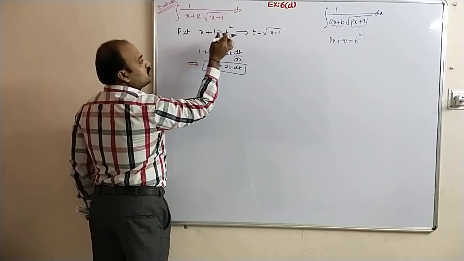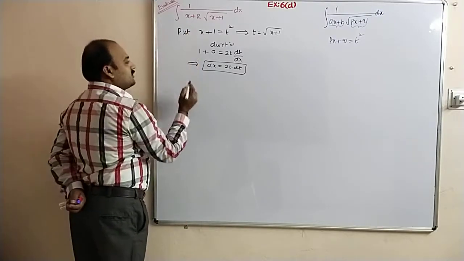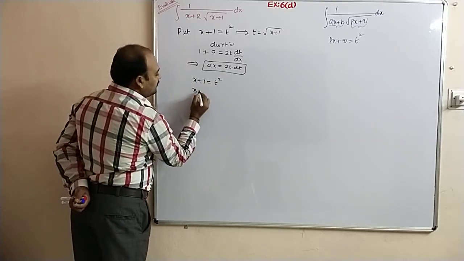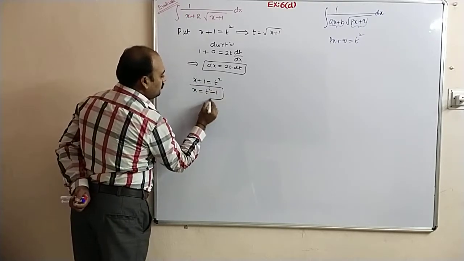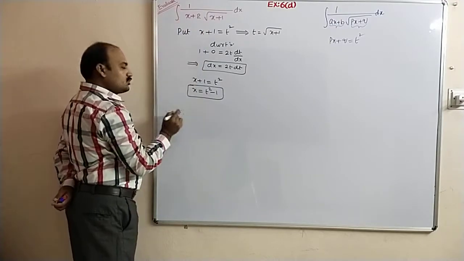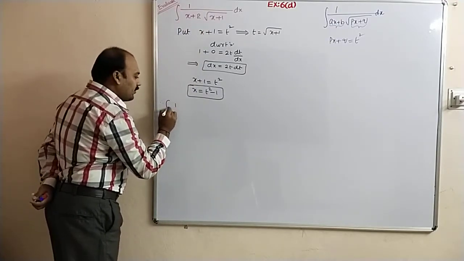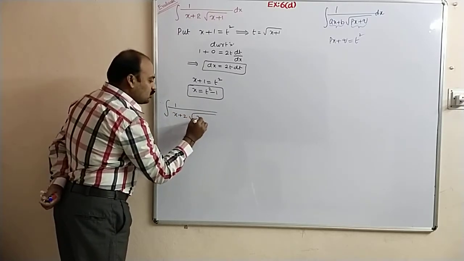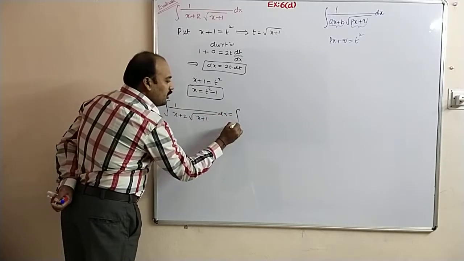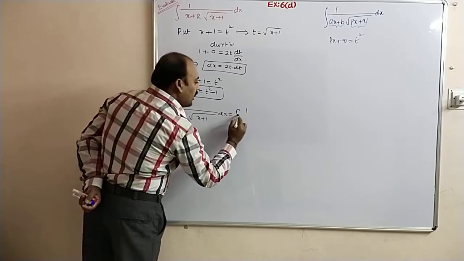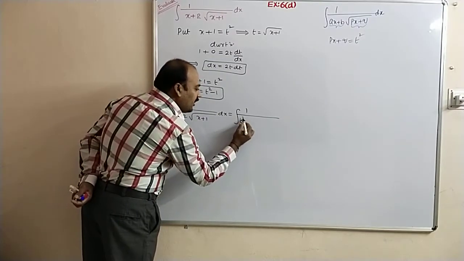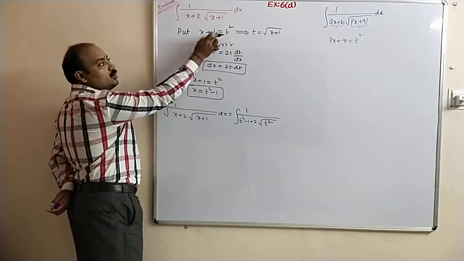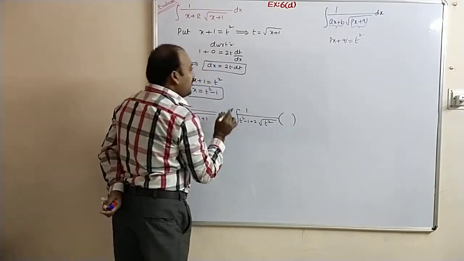Now we got the value of dx as well, and the under root value. The x value we will also get. From x plus 1 equal to t square, x is equal to t square minus 1, but we want x plus 2, no? So the given integral, the integral of 1 by x plus 2 square root of x plus 1 into dx, is equal to the integral of 1 by, x value t square minus 1 plus 2, under root of t square, since x plus 1 is equal to t square as we have assumed, into dx equal to 2t dt.